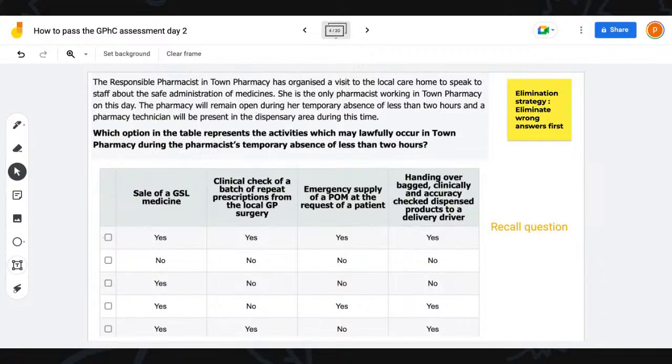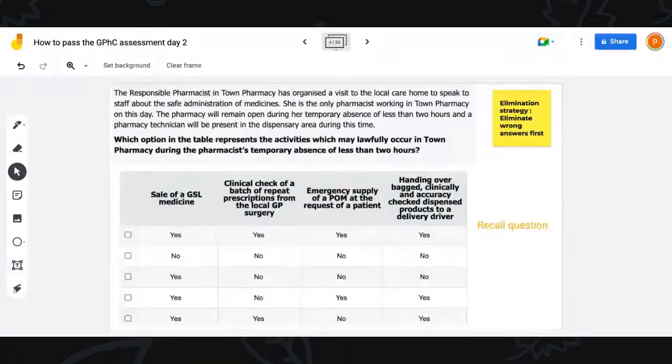There are many students that fail the exam not because they don't know the answer, but simply because they ran out of time. The reason why I'm showing you strategies is also to help you with your speed. Okay, so you guys look at how I'm going to apply this strategy now and see how quick this strategy is going to help you answer this question.